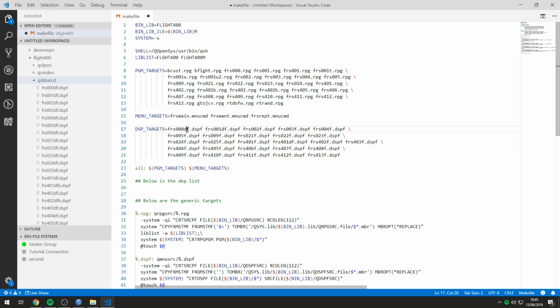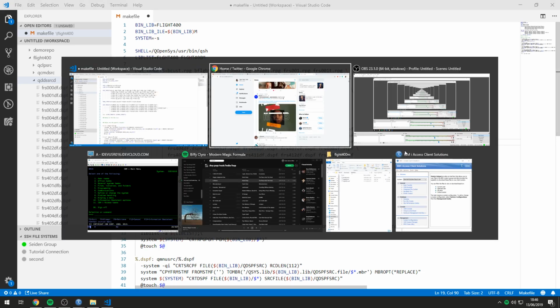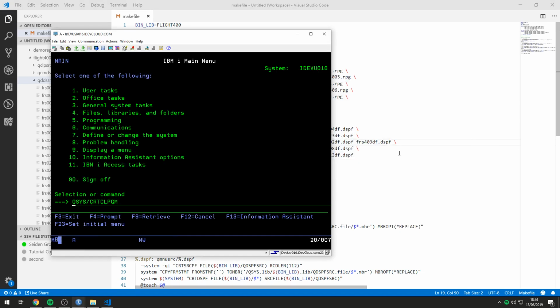Alright. DF, DF, DF, DF. This is a lot quicker. DF, DF, DF, DF. Do the actual display files in